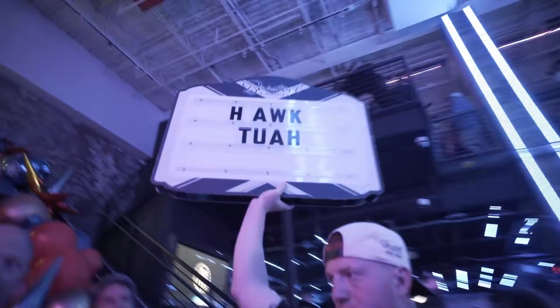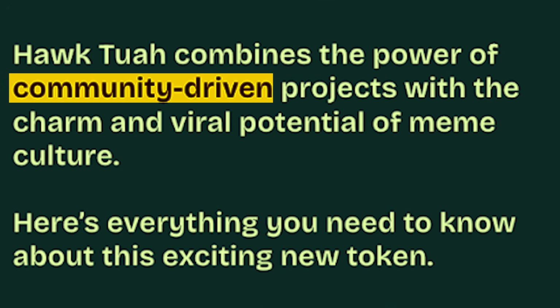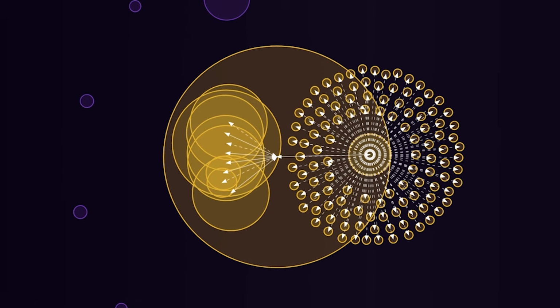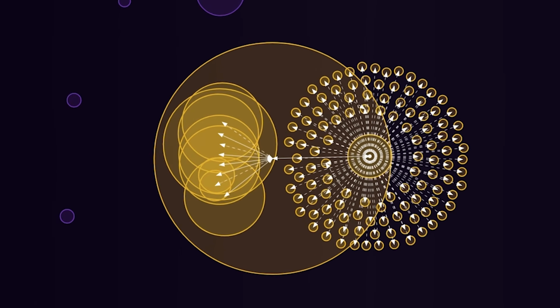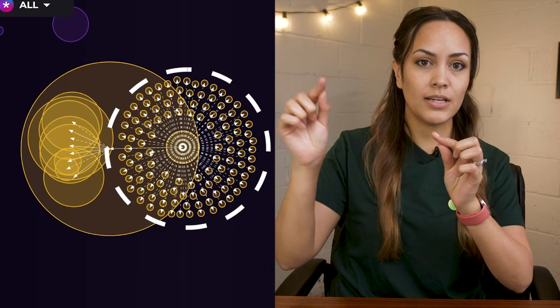So for a more interesting example, let's take a look at the celebrity token Hawk. The token was marketed as a community-first project and promised decentralization, fairness, and inclusivity. But the data tells a different story. Just one glance at the Bubblemap and it's clear that something was off. The historical view shows us that the team's wallets held around 96% of the token supply. About 16% of this was secretly unlocked for a pre-sale, as indicated by a bubble with dotted lines branching out